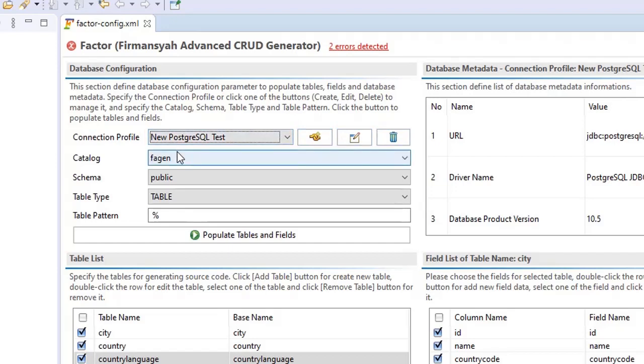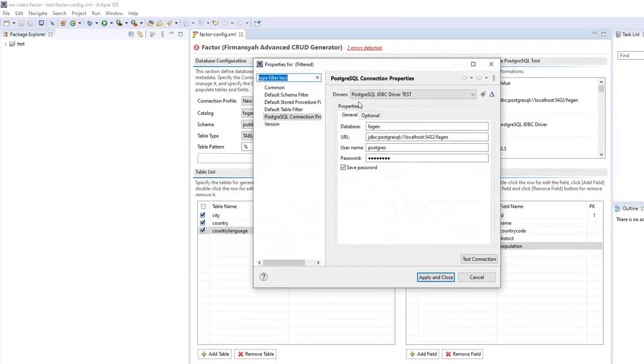For example, this is the new Postgres SQL test. If you click on this icon, it will edit this profile. You can modify whatever information we have in here, for example the username, the database, maybe the URL connection, or maybe the password.